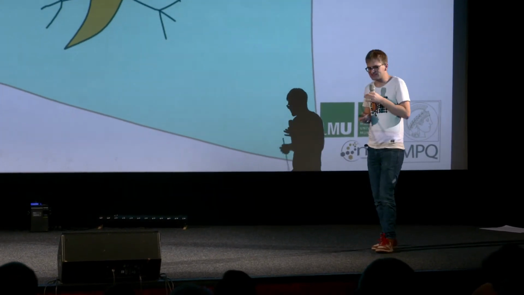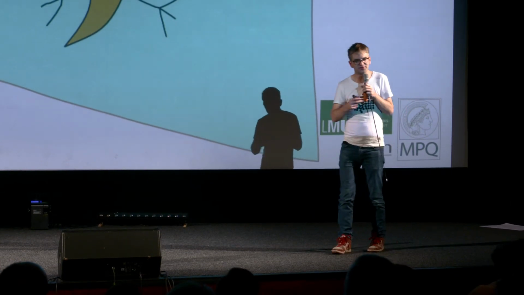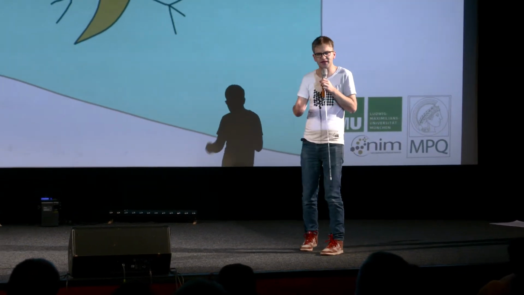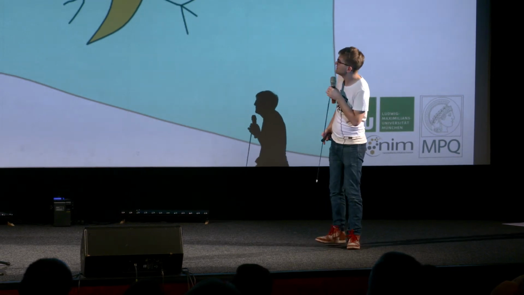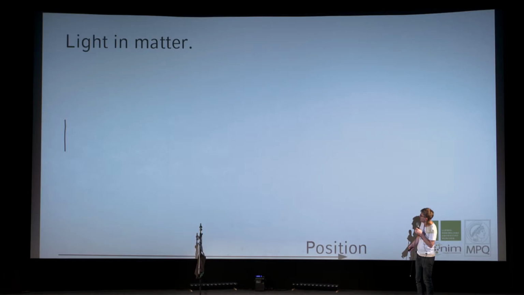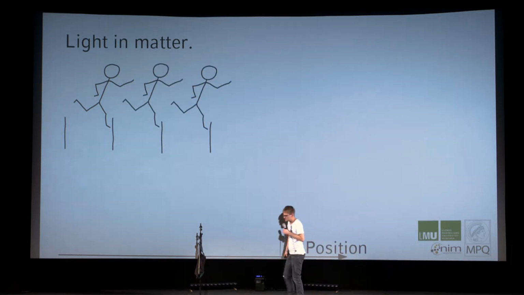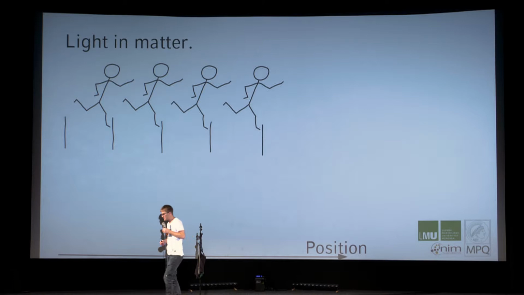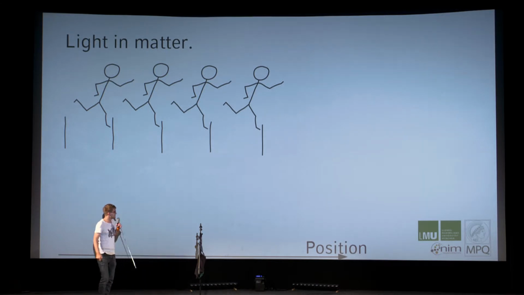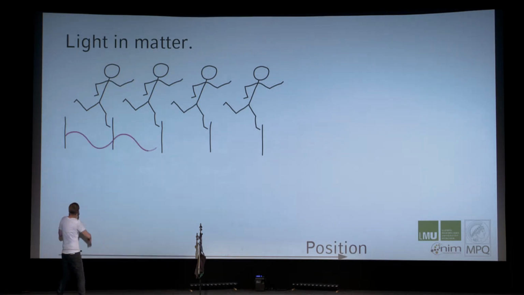So that's what happens, and to understand how to detect nanoparticles, we have to understand how light behaves in matter. Let's imagine that light is a runner that runs with a constant step frequency along, for example, the stage. And I show you this. You have a constant step frequency and you make a certain step size. The frequency makes the color of the light and it goes with the speed of light, the light wave.